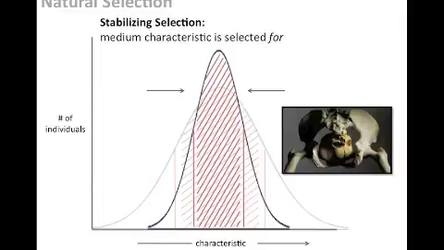And that's because having a brain that's very small and a skull that's very small is not advantageous for humans. We have big brains for a reason. They let us do a lot of complex things. We have incredible thought processes. We have culture. We have language. We have symbolism. We need big brains to do that. So natural selection selects out those babies with very small brains, and those genes don't get passed on to the